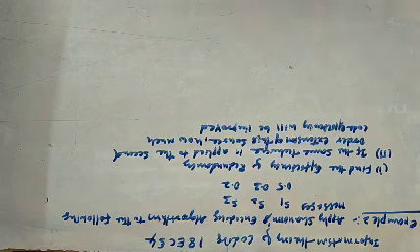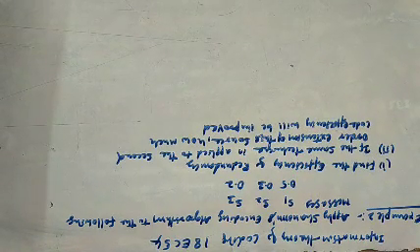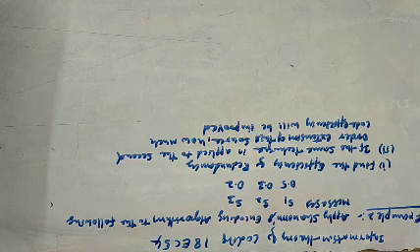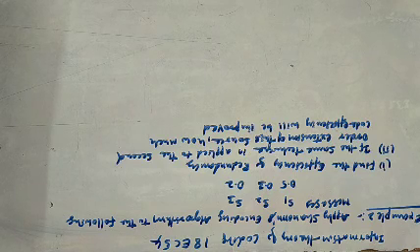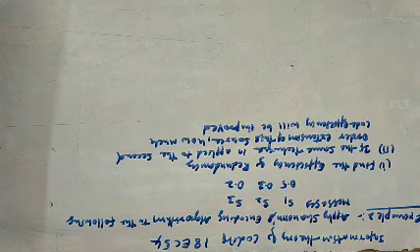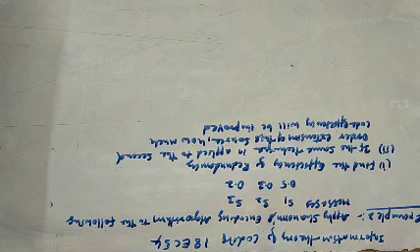Here is one question. I dictate the question as: apply Shannon's encoding algorithm to find the following messages. We have three messages S1, S2 and S3 with their probabilities 0.5, 0.3 and 0.2 respectively. And it asks to find the efficiency and redundancy. We have to find the code efficiency and the redundancy of the following.